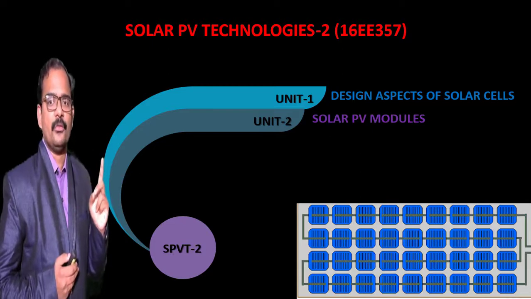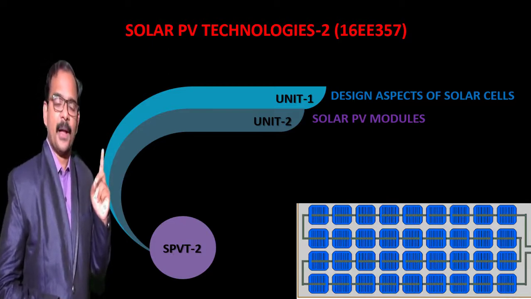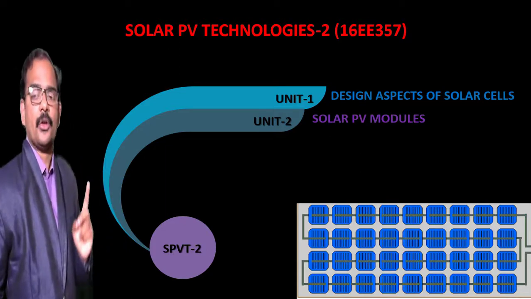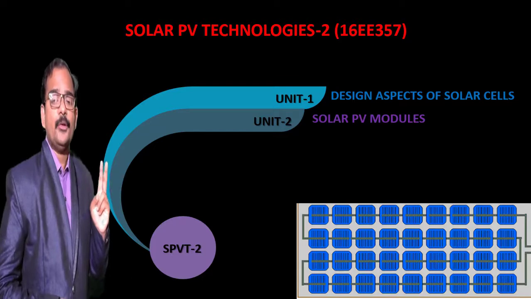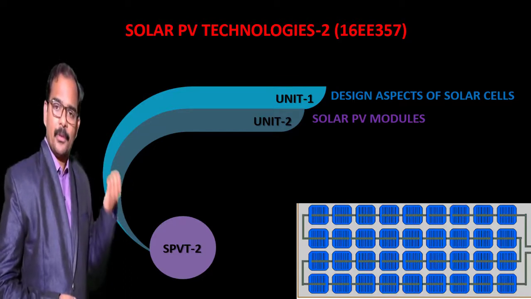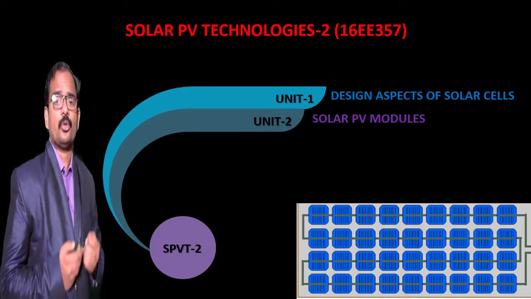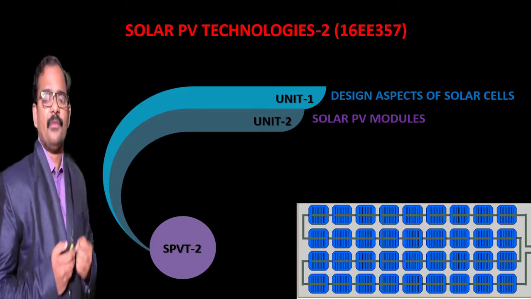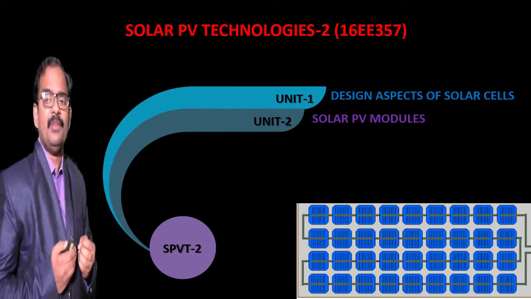These bypass diodes will be used to prevent the hot spots arising from partial shading of the solar cells or panels. And the blocking diode will be used to prevent the negative current flow into the solar panels from battery during the night time. And then we have seen the fabrication of solar PV modules. Then we have seen the effect of temperature and irradiation on the performance of solar PV modules.